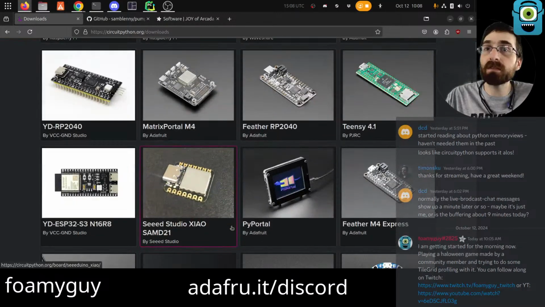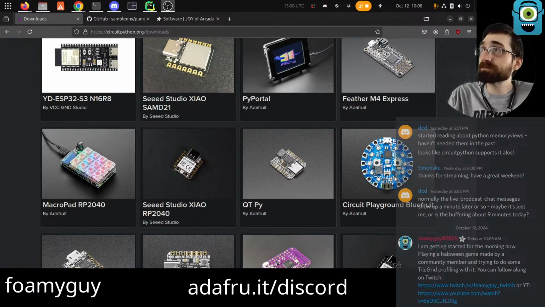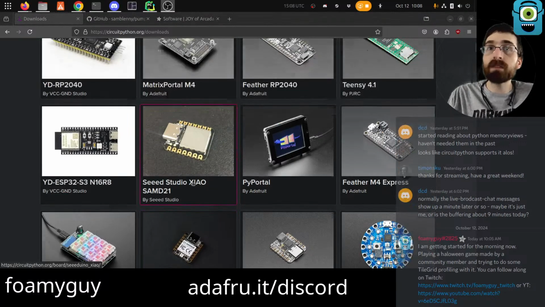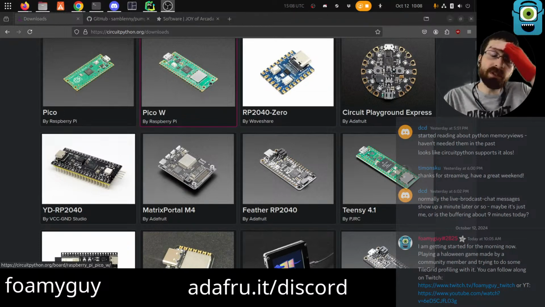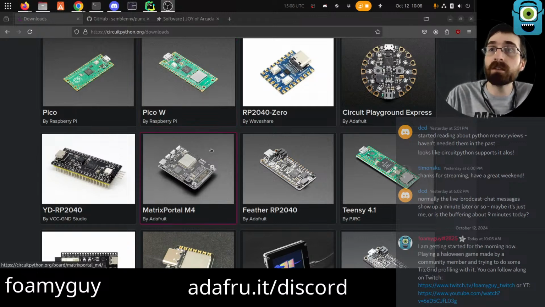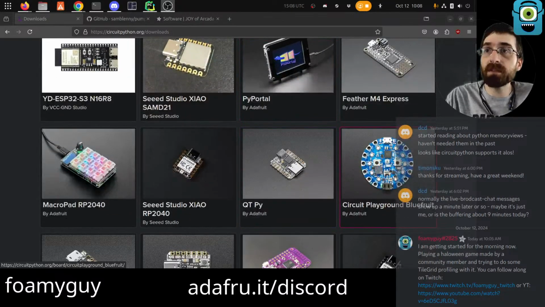These little microcontrollers come in all different shapes and sizes and a range of different capabilities and things built into them. The most typical case is a very general device that's made to be hooked up to other stuff. So it just has a lot of exposed pins, which you can then hook up to whatever you want. But there are some more purpose-built ones as well, like a little mini tablet type thing. These Playgrounds, which are great for education because they have a bunch of built-in lights and sensors and buttons and a switch and all kinds of things that you can do right away with it and see visually,